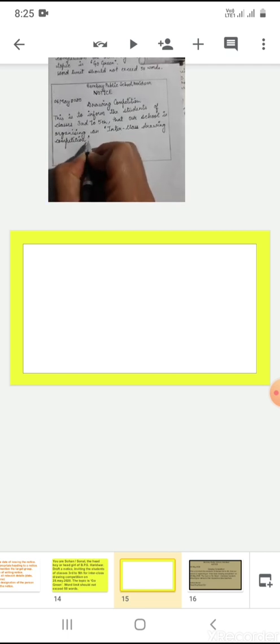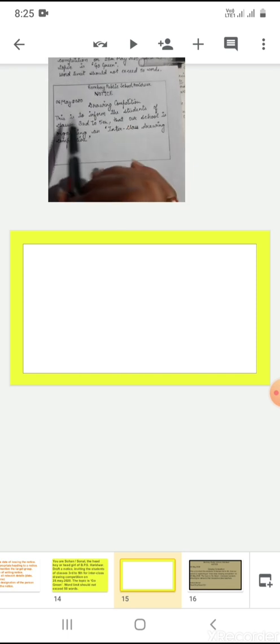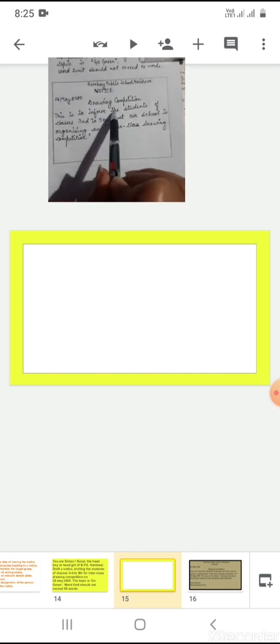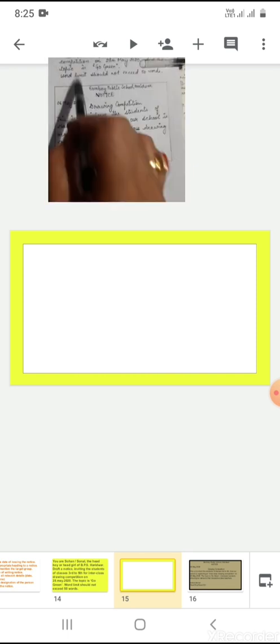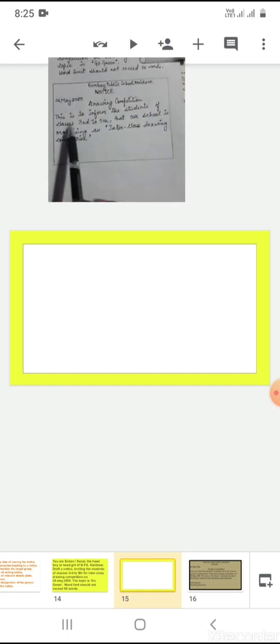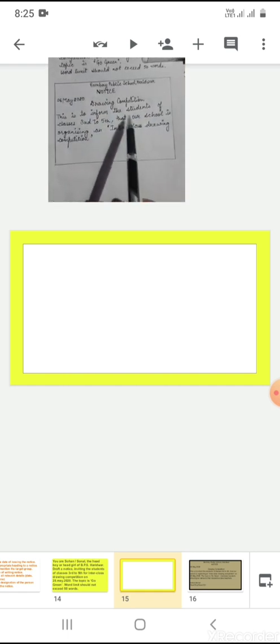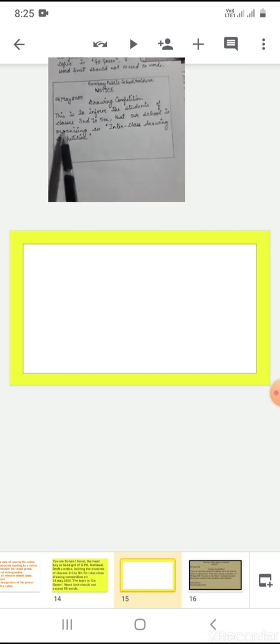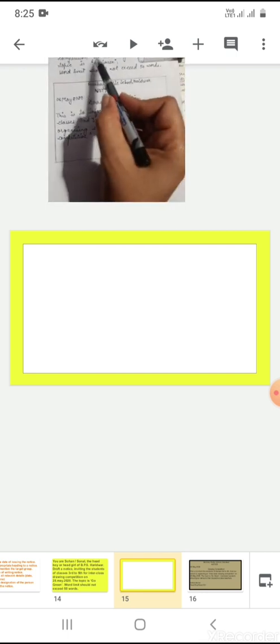Inverted commas close. First of all, this is to inform the students of classes 3rd to 5th that our school is organizing an inter-class drawing competition on